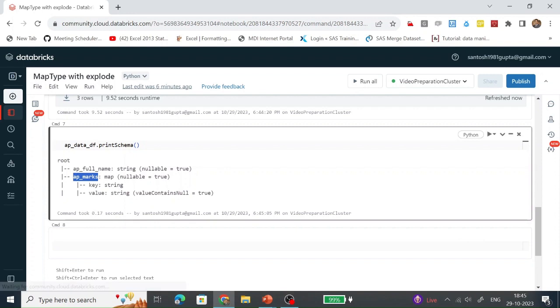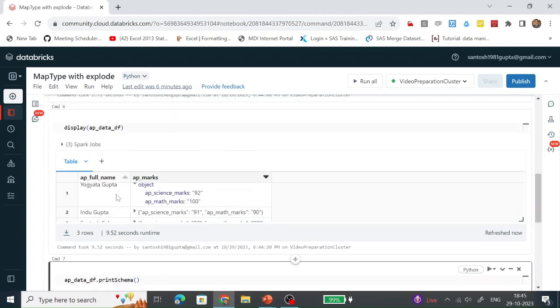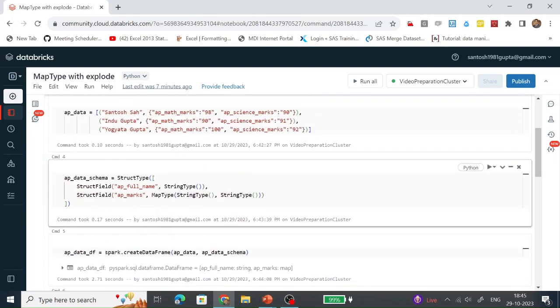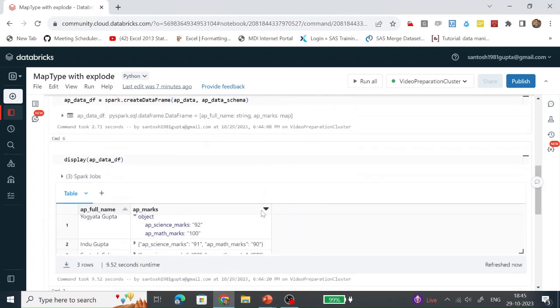We can see AP marks is of map type, key is of string type, and the value is also of string type. The same thing we have defined in our custom schema.